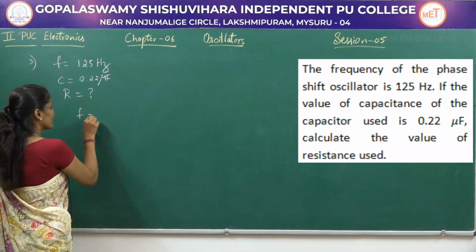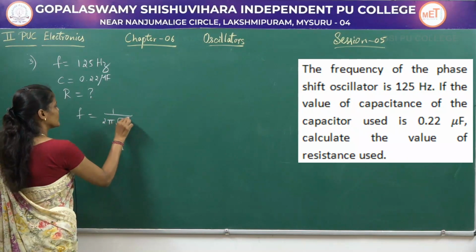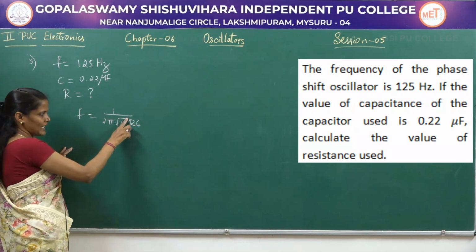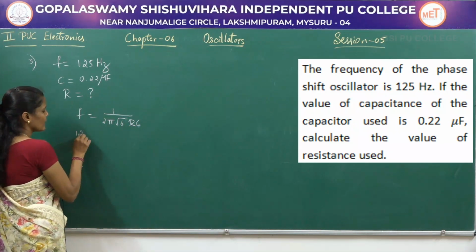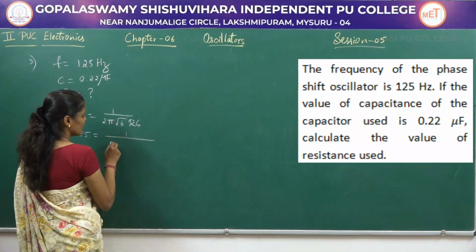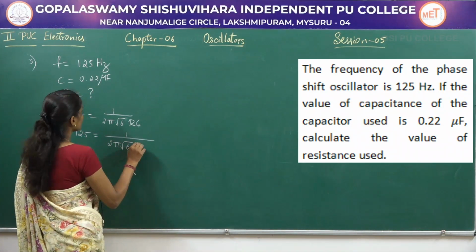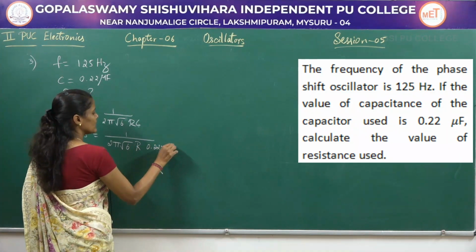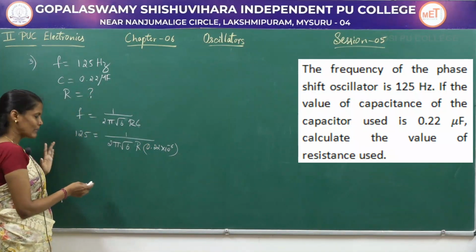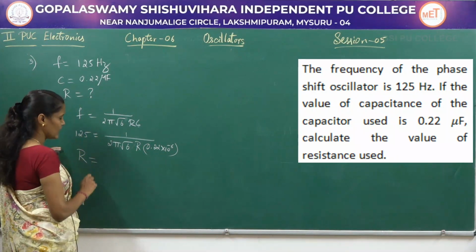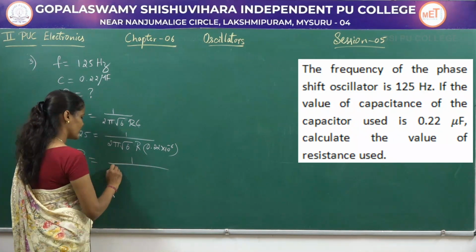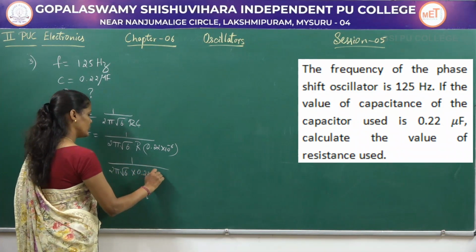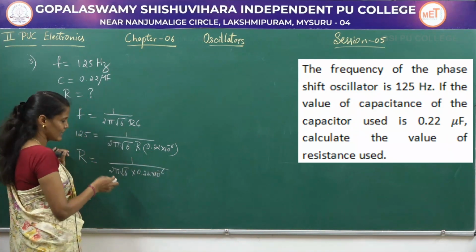So you have this direct formula, F is equal to 1 divided by 2 pi root 6 into RC. Root is present only for 6, not for R and C. So substitute these values. F value is 125 equals 1 divided by 2 pi root 6, R you have to find out, and C is 0.22 into 10 to the power of minus 6. So let's cross multiply this, retaining R on the LHS. R is equal to 1 divided by 2 pi root 6 into 0.22 into 10 to the power of minus 6, that is the C value, and